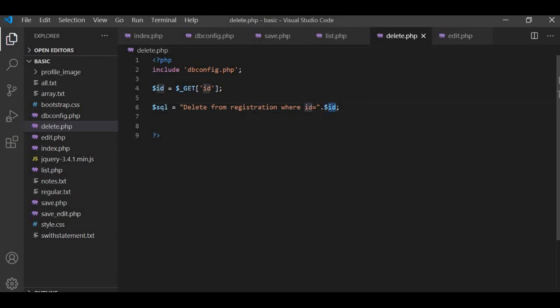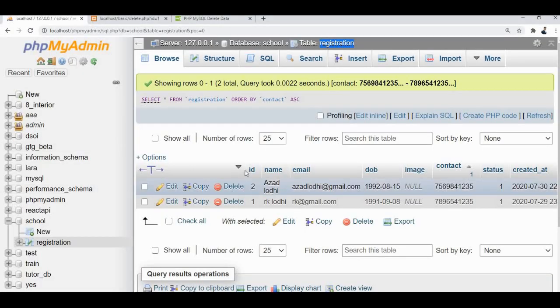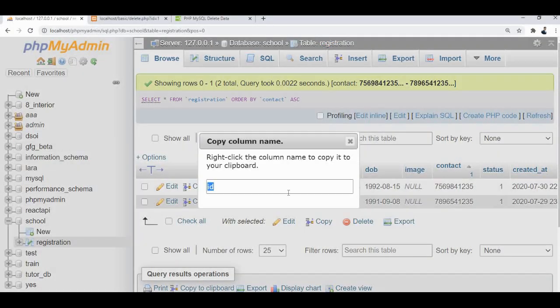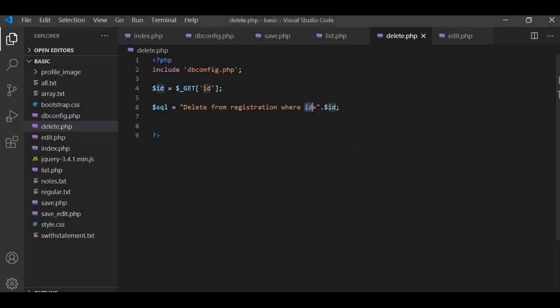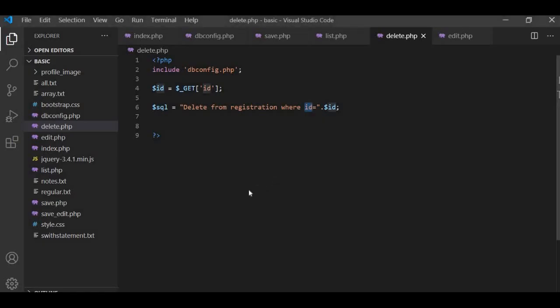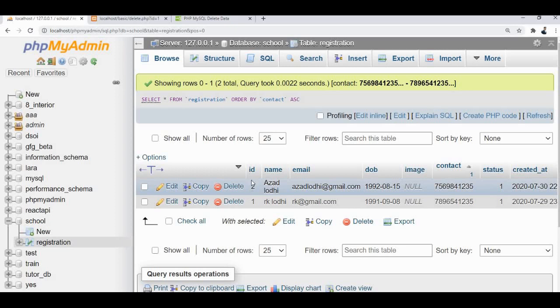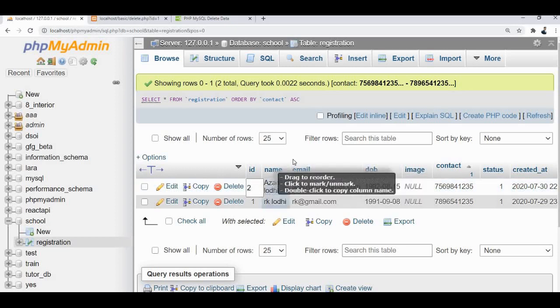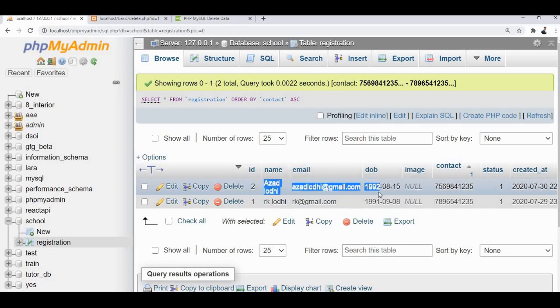Now we are comparing this $id to id, and this id is this column name. So we will match the id from this column and delete this record.